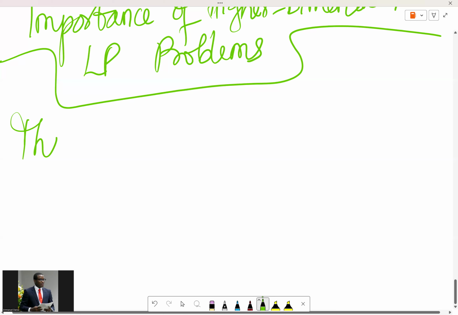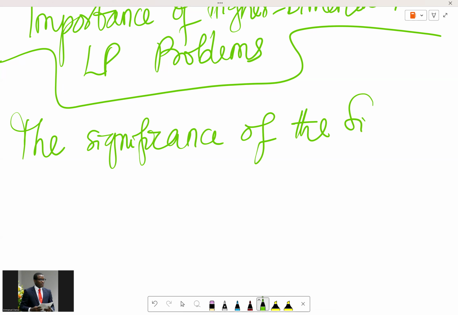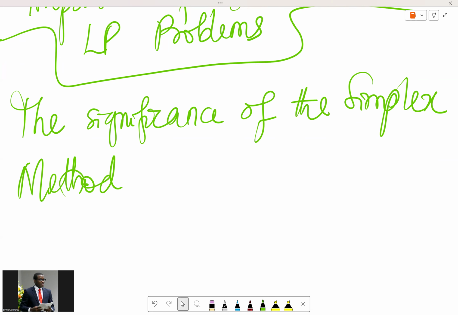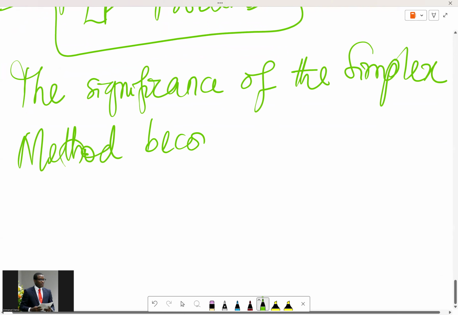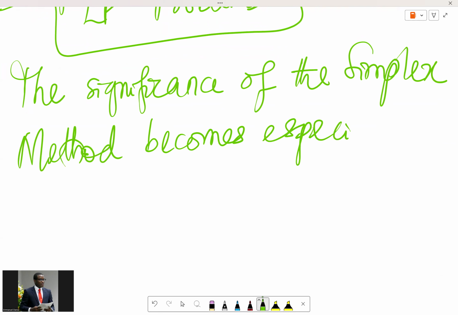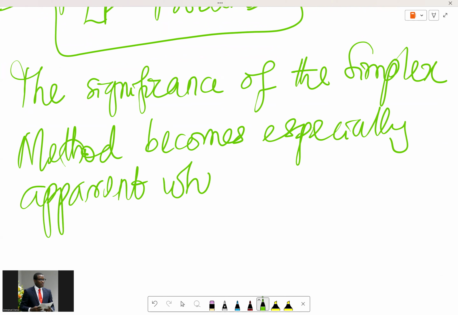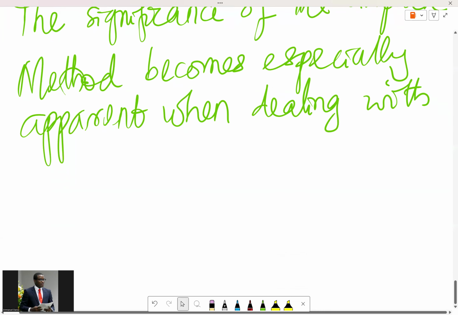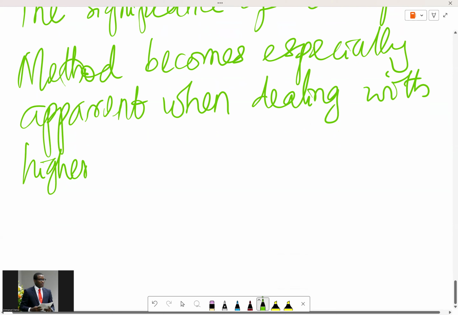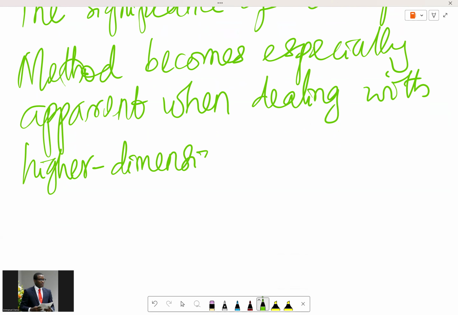So the significance of the simplex method becomes especially apparent when dealing with higher dimensional LP problems, higher dimensional linear programming problems,